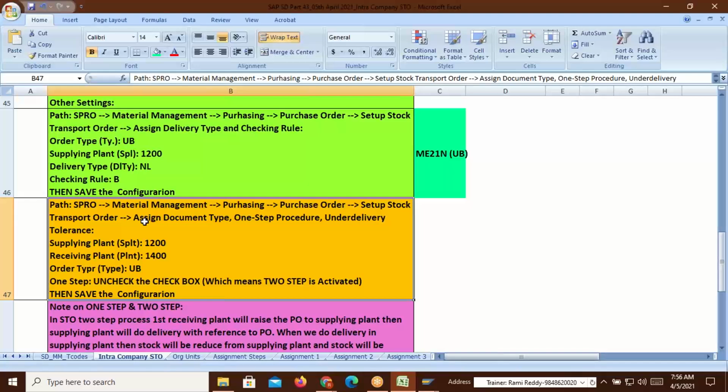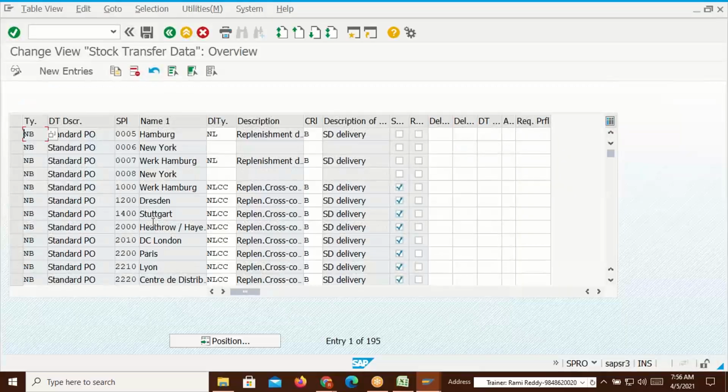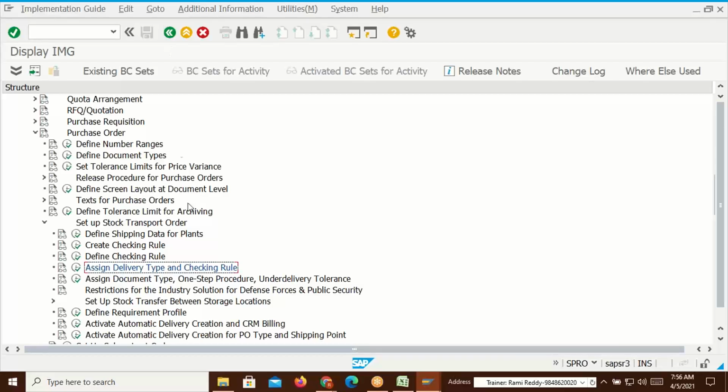Now see here, then you have to assign whether the process is one step or two step, and under delivery. I'll explain you under this. Okay, same place only. See here, assign document type, one step procedure, delivery, under delivery tolerance. Now I just click here